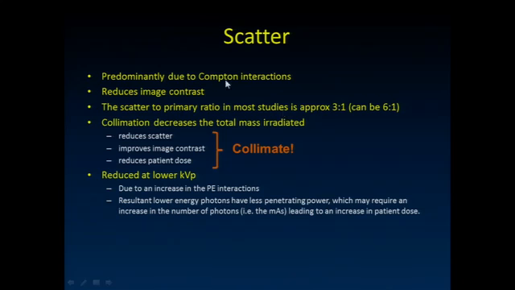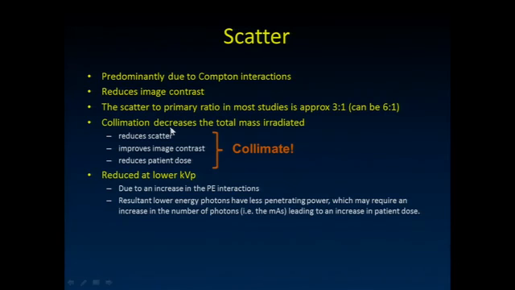We've talked about this really being due predominantly to those Compton interactions. Yes, there's a little bit of classic or Rayleigh or coherent scatter, as we call it. This reduces our image contrast. And in a lot of imaging that we do, chest radiograph, pelvic radiograph, the scatter to primary ratio, the number of detected X-rays that were scattered versus ones that were unscattered, can be 3 to 1, 3 times as many scattered as opposed to unscattered, or even 6 to 1 in